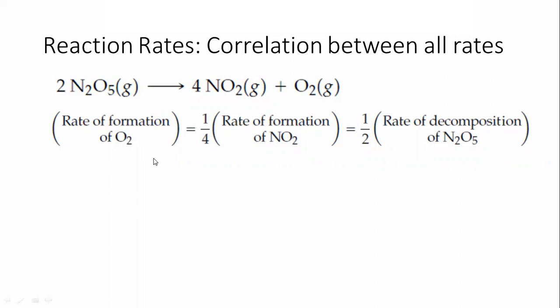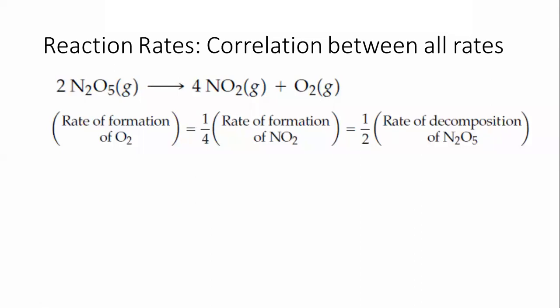Some of you asked me in the last class how it is possible to equalize all the rates of the reaction, because this should be two times more as compared to this, and this is four times more as compared to this. Of course, in the reaction this must be two times as compared to this and four times as compared to this. And here we are going to express the rate of reaction to compare which reaction is going to be faster and which slower.